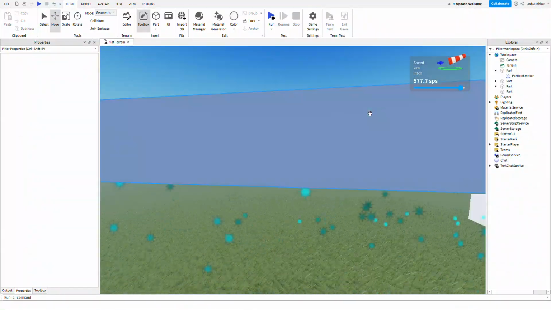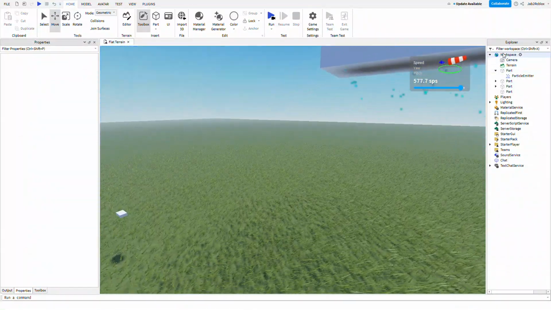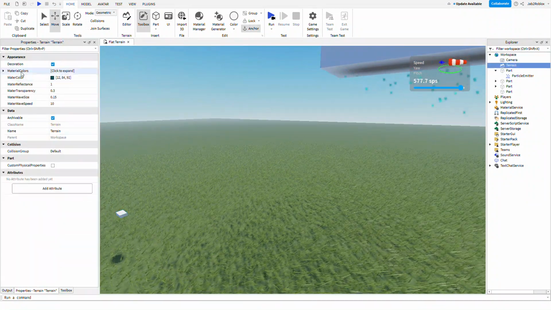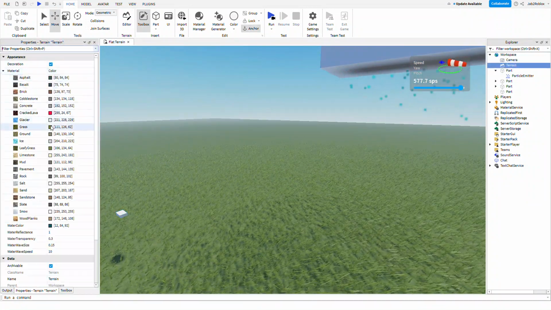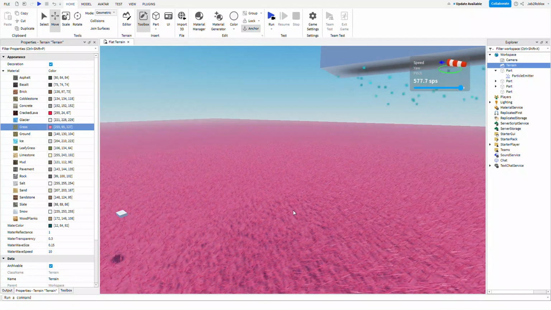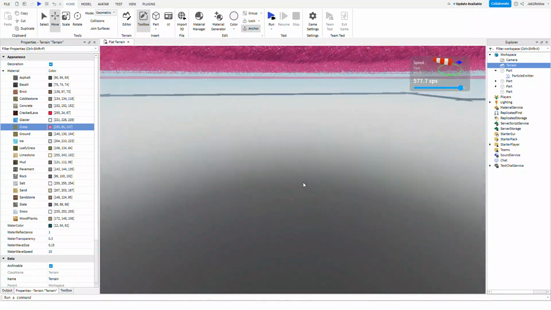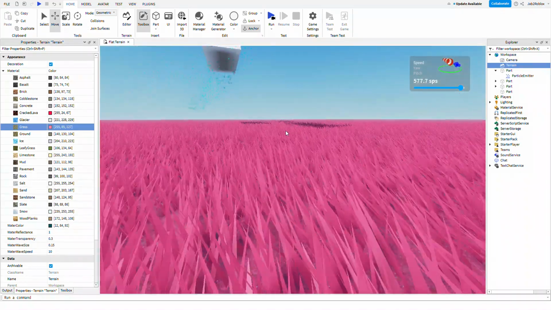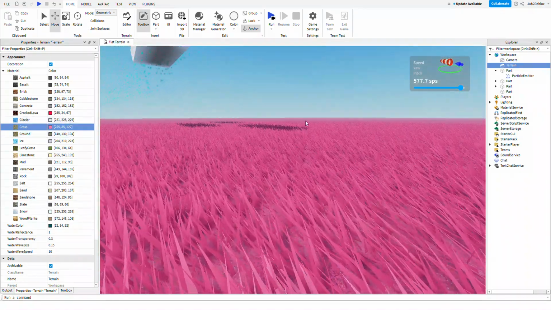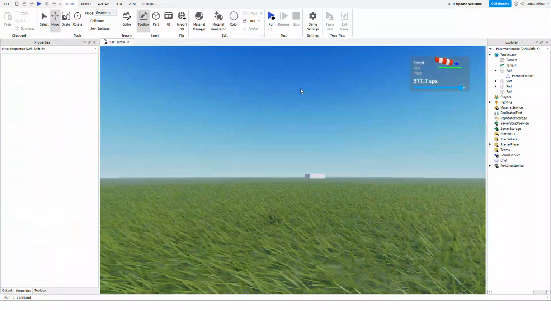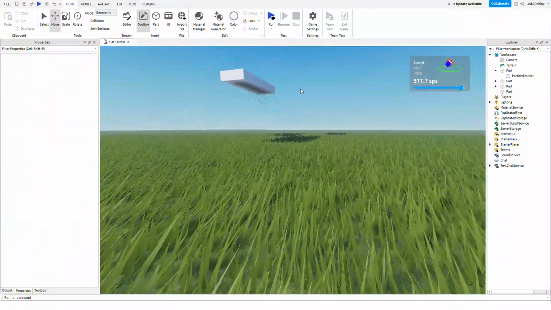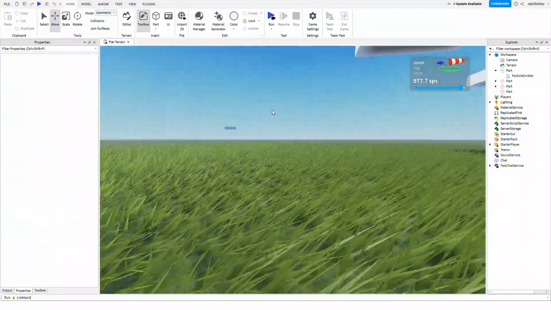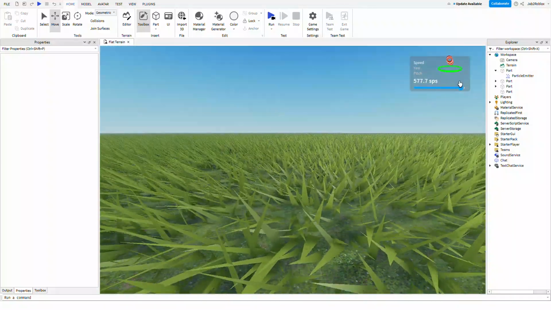And these particle emitters will be pretty neat. If we go to the terrain here and we change the grass color, let's see, to pink. Now we have pink grass here. It's pretty cool. Look at that. It's pretty neat how that looks. But I'll just keep it normal colored. So we can do some pretty neat stuff with this new wind effect, and we can really show how it works with this